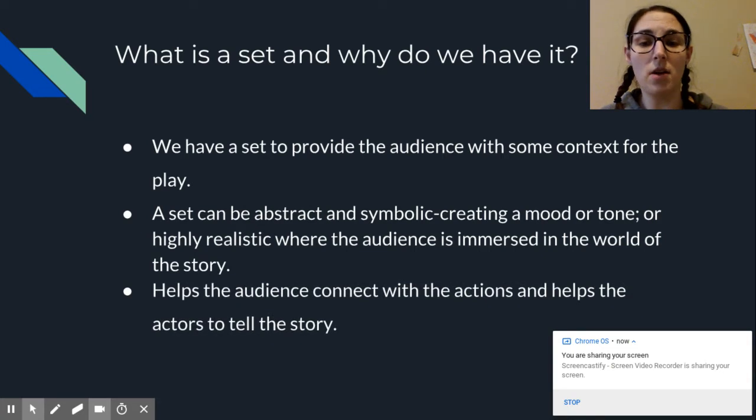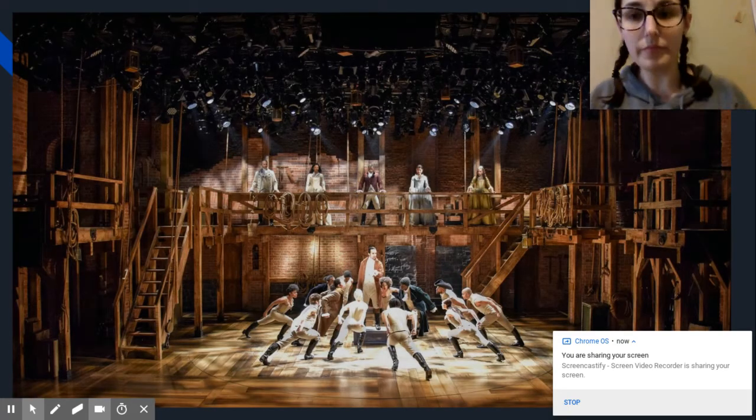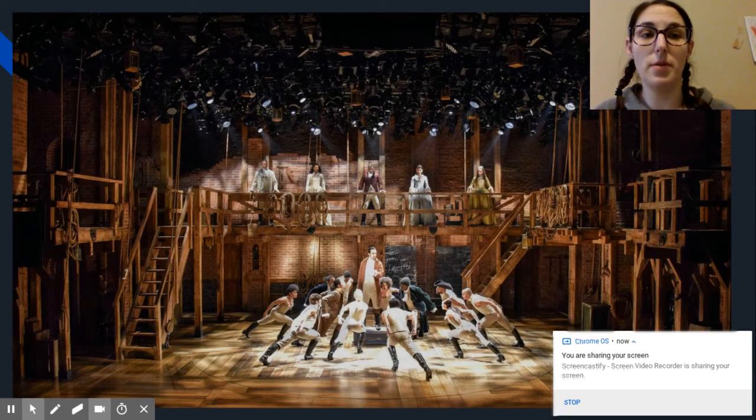And last, the audience is able to connect better with the story, and the actors are better able to tell the story if you've got a set. If you're acting on a completely bare stage, it's more difficult to connect with the story that you're portraying. So these are some. The first one is